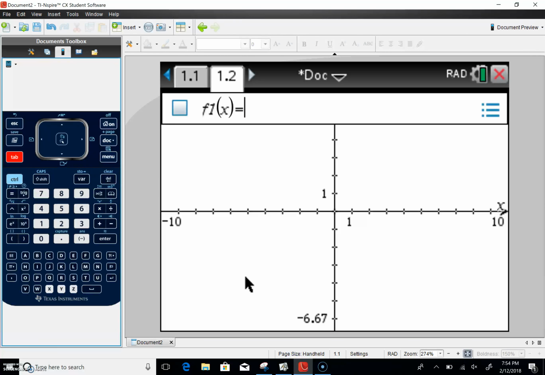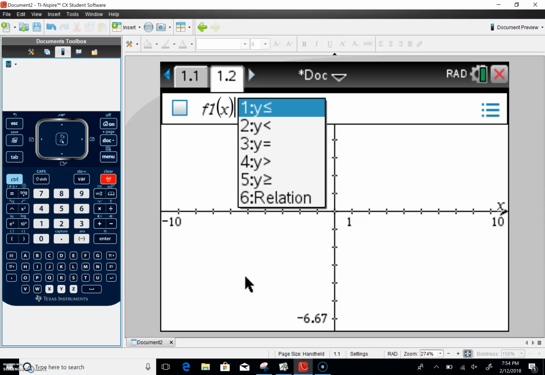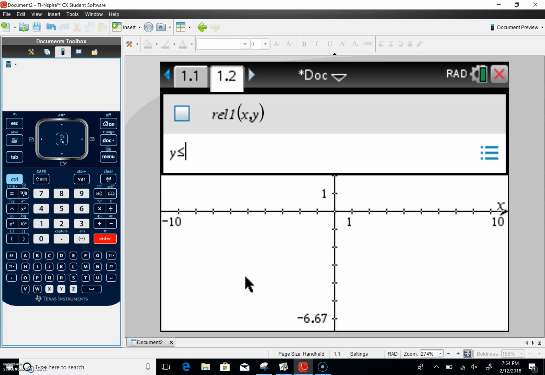Okay, delete. Okay, that's the right one. I press enter. Y is less than